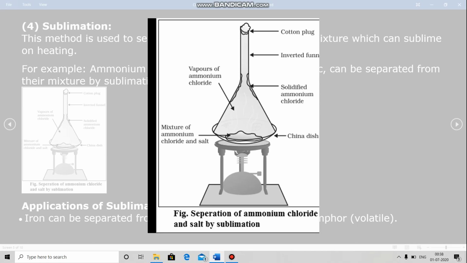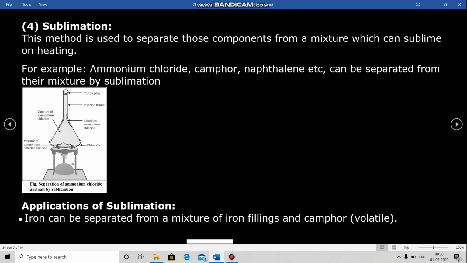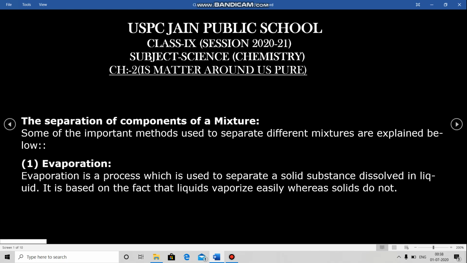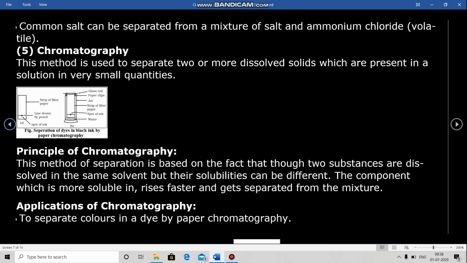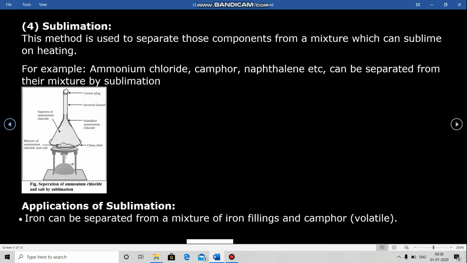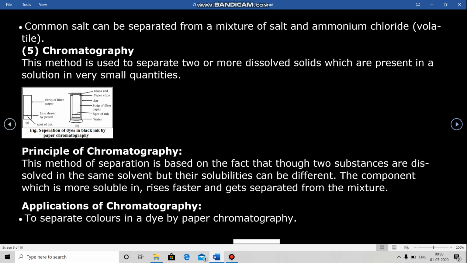Okay, now what are the applications of sublimation? Iron can be separated from a mixture of iron filings and camphor. Camphor is a volatile, a sublime material which easily converts from gas to solid or solid to gas. Okay, so the next application is that common salt can be separated from a mixture of salt and